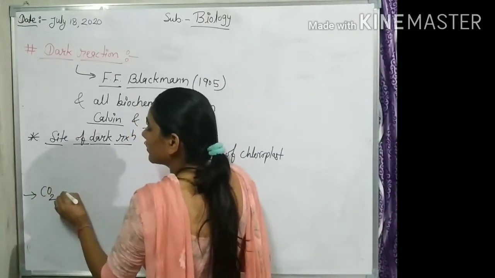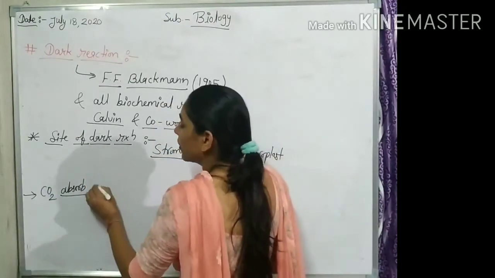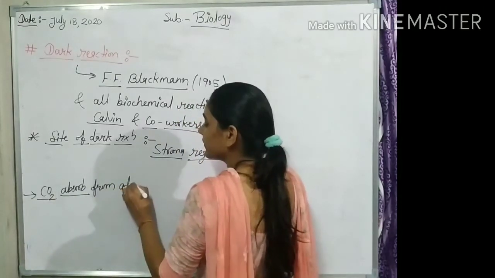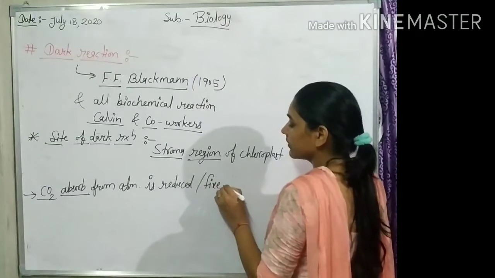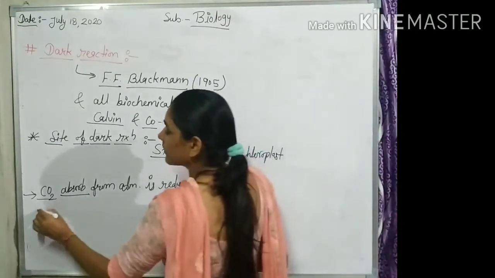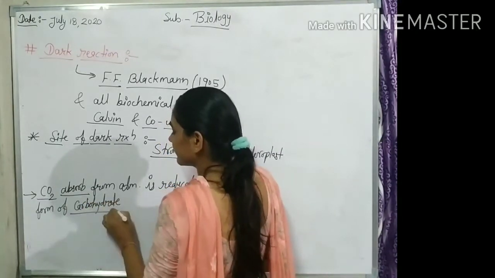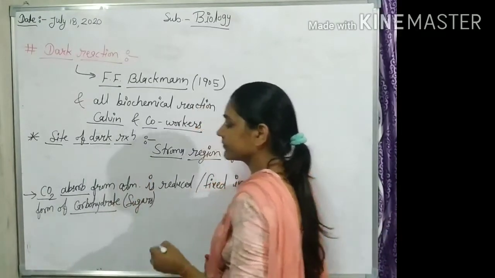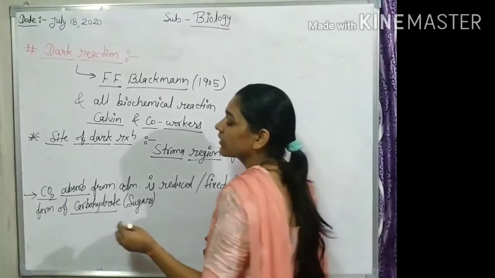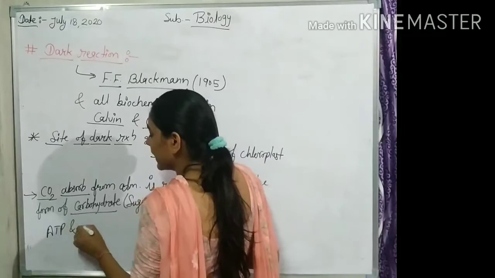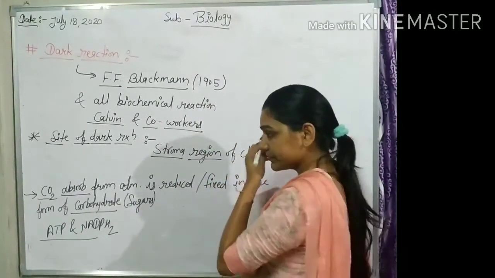CO2 absorbed by plants from the atmosphere is reduced or fixed in the form of carbohydrate, means sugars, and the energy used in CO2 fixation is obtained from ATP and NADPH2 from the light reaction. It means